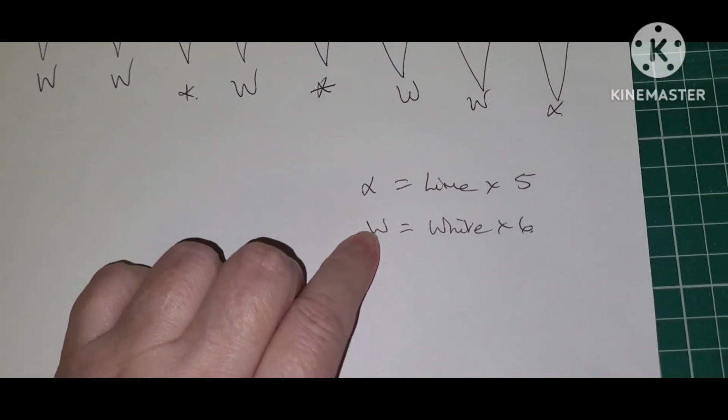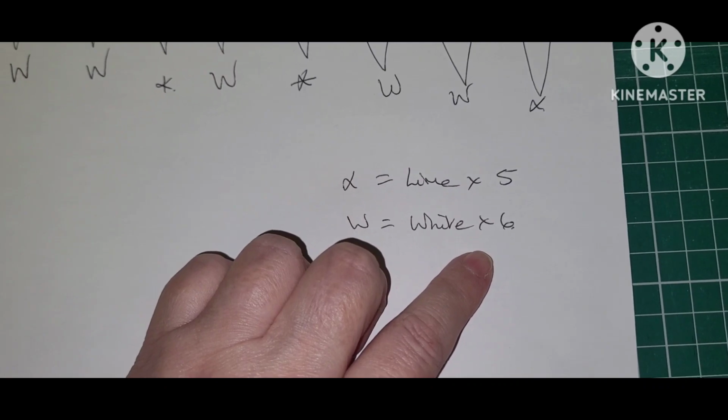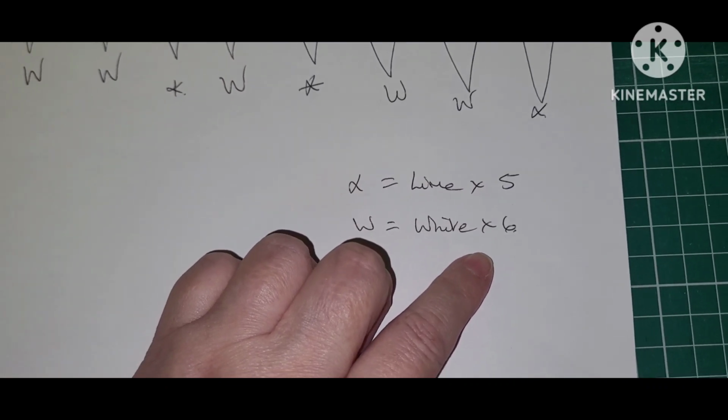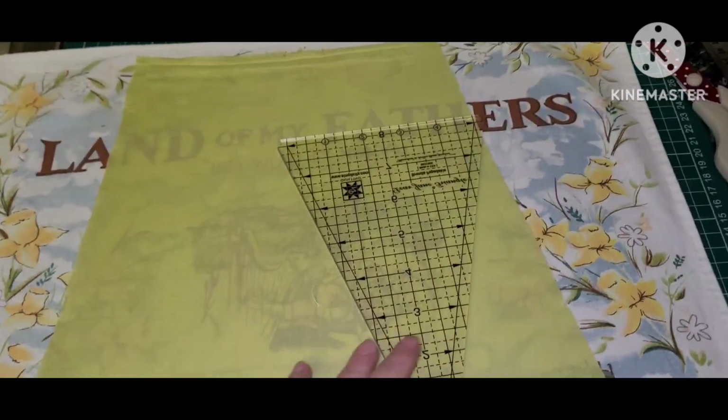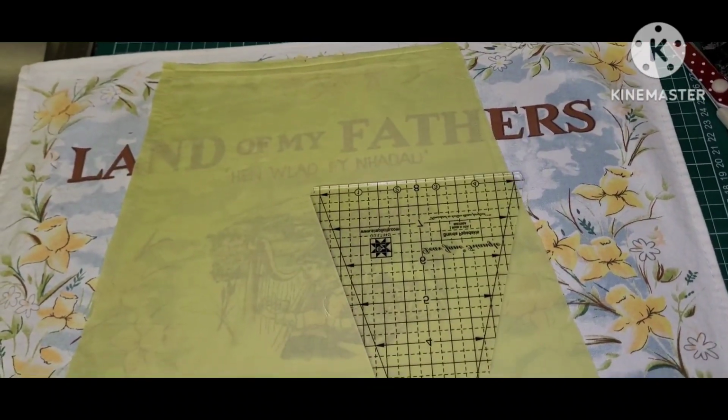So I've worked out my pattern, and that means I'm going to cut 5 lime and 6 white. Exactly the same as before, but I can place them next to each other. Lining fabric is such thin cotton that you can see through it. By placing next to each other, I'm hoping to get